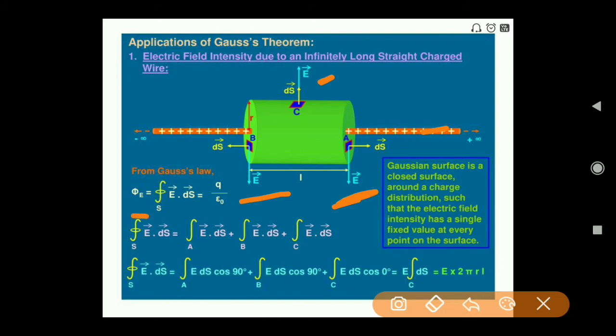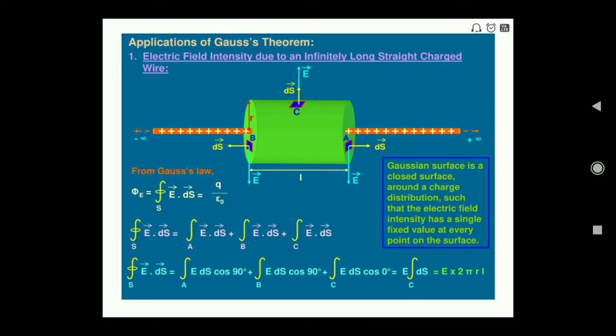So it is E dot ds, and for the whole closed surface, if you integrate this, you will get the total flux passing through this curved surface. Now see, I am breaking this integration E dot ds into three integrations, because the total surface has three surfaces. So I am breaking this for surface A, surface B, surface C. Clear? So for surface A, E dot ds, for surface B, E dot ds, and for surface C, E dot ds.